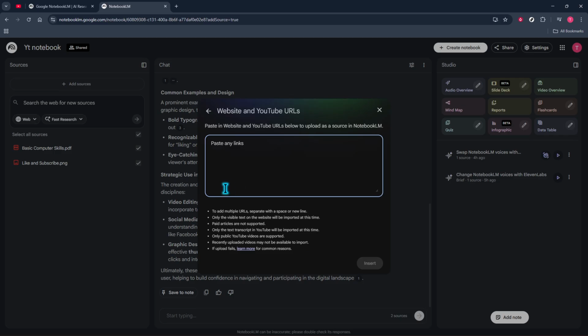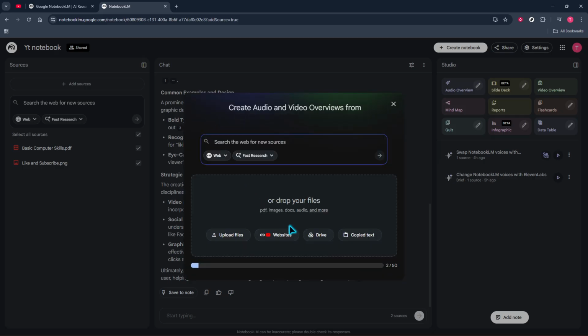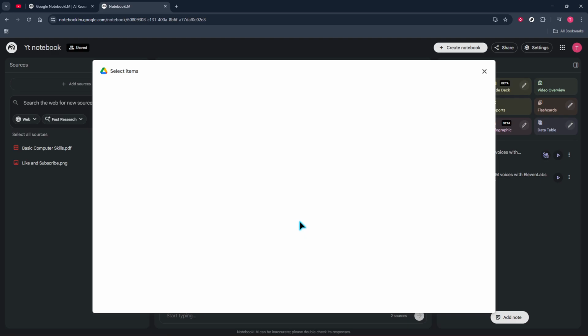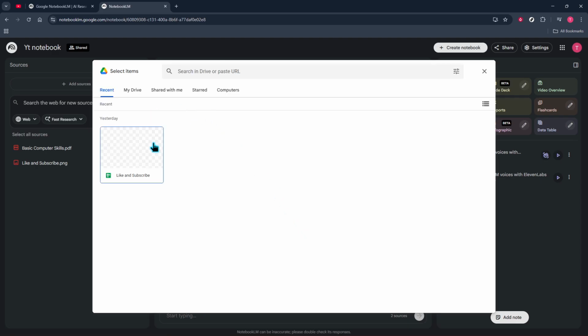If you keep your materials online, importing from Drive is convenient. Click Drive, then choose whether you're pulling from Google Docs or your broader drive. Select the file you need and let it import. This keeps your sources synced with the documents you already maintain in the cloud and saves you from downloading and